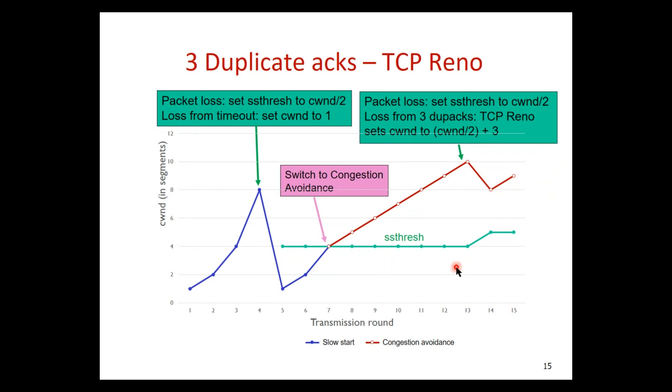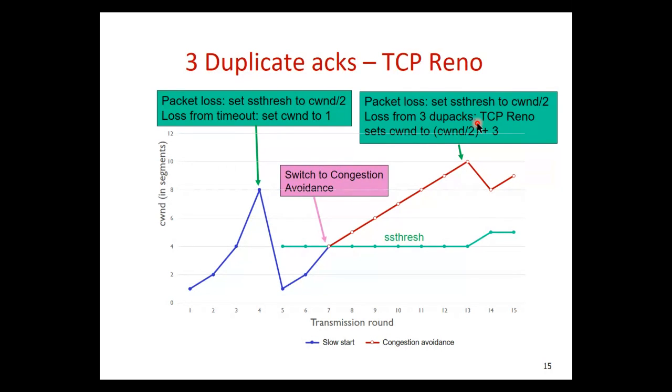Okay, any question on what we have seen so far? I think this is where we stopped last time, and I told you that I will explain why there's a +3. The reason why TCP Reno does not reduce CWND drastically down to 1 when there are 3 duplicate acks is because if there are 3 duplicate acks received by the sender, well, first, that is a sign of packet loss, okay, granted, but